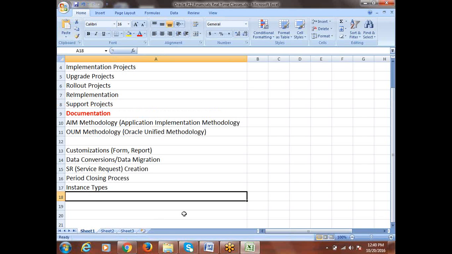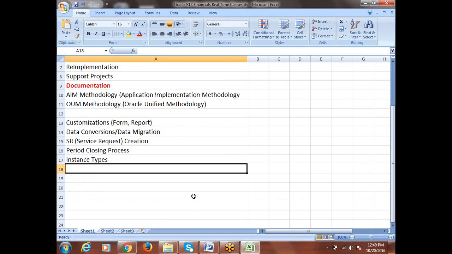How to look at the data in the tables, okay, fine. We'll also be focusing on the reports when we are working in real time. If you are going to implement financials for any client, from each application, from GL and AP and AR, what are the key reports we have to recommend to the client. We'll be recommending the solution and suggesting how they can best use the system as per their business process.